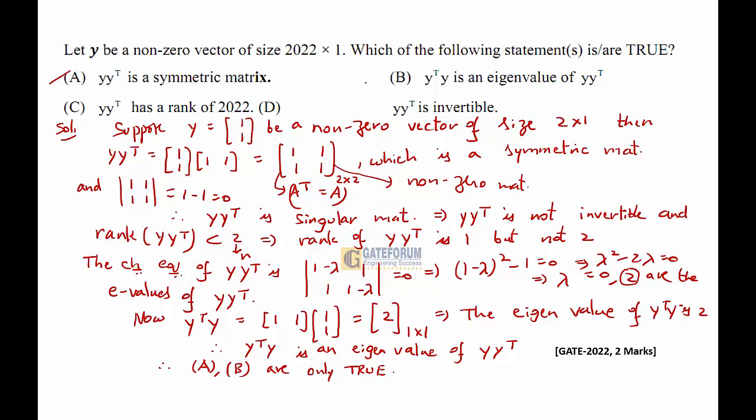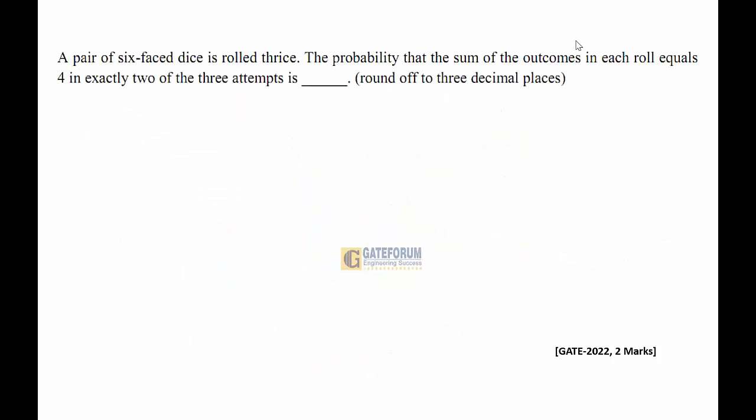Answer A, B. The question is: a pair of 6-faced dice is rolled thrice. The probability that the sum of the outcomes in each roll equals 4 in exactly 2 of the 3 attempts is. This question is from engineering mathematics, from the topic probability and statistics, subtopic random variables or general method. The solution is